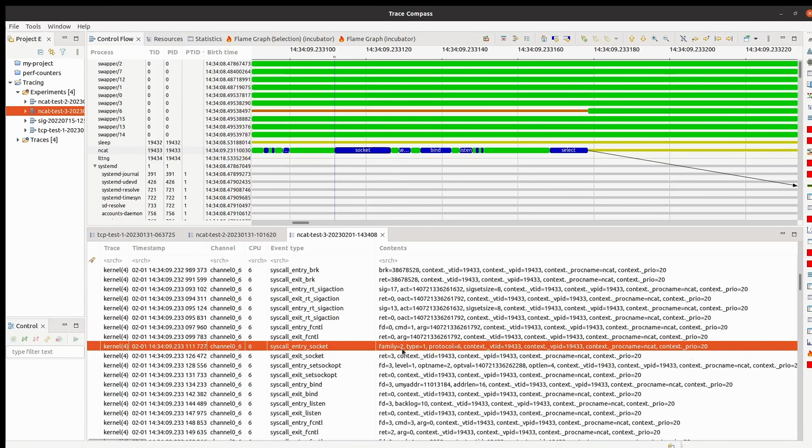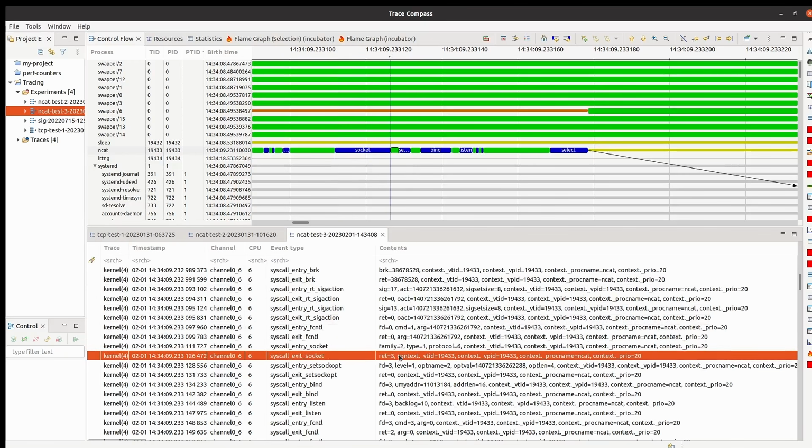But essentially, family 2 refers to the AF_INET family, which is the IPv4 family. So it's requesting an IPv4 socket to be created. And then it's returning from that with a value of 3. Now, if you do man socket and you look at the return value, you'll see that,